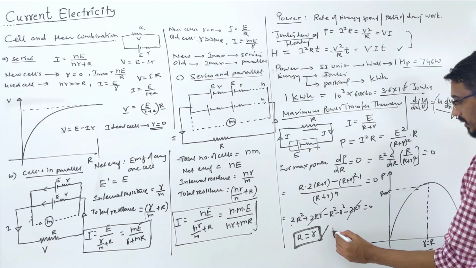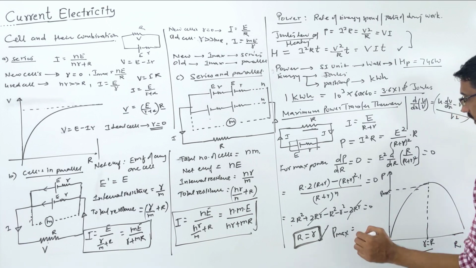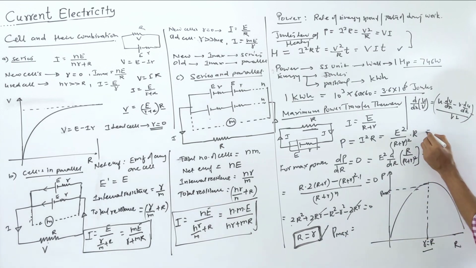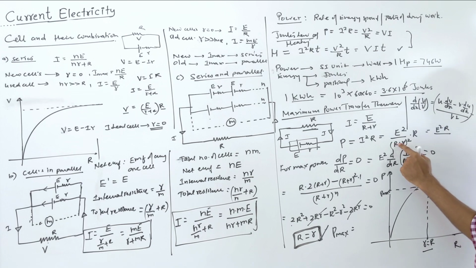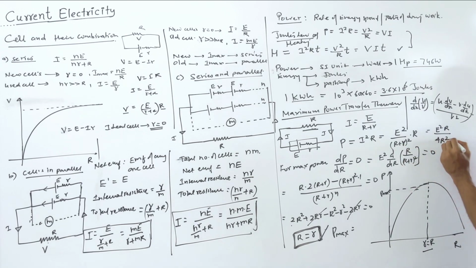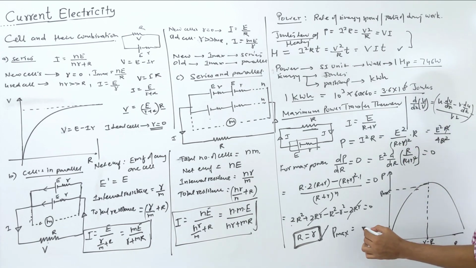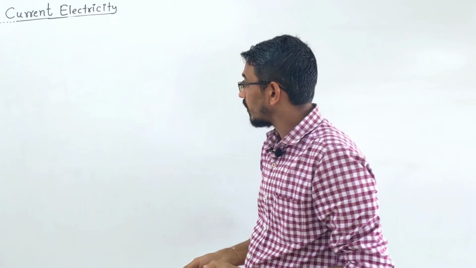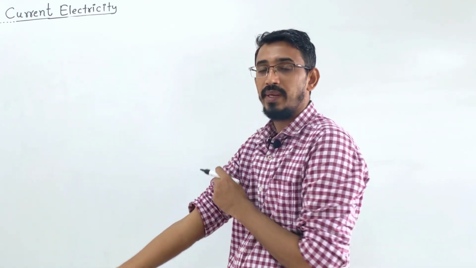If you want to calculate what P max is, what the maximum power transfer is, look at the general formula again. Instead of R, you put capital R here. You put here what you get: E square R, and it becomes (2R) square, so 4R square. One R gets cancelled. So what is the maximum power that the circuit can transfer? E square upon 4R. Correct. I am talking about small shortcuts in the power concept.